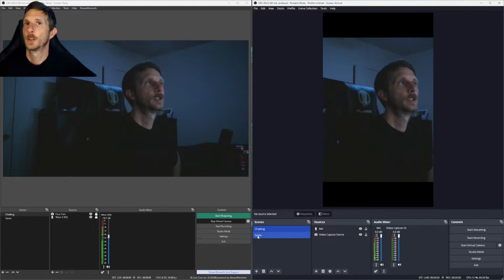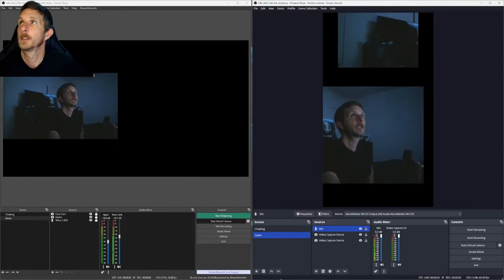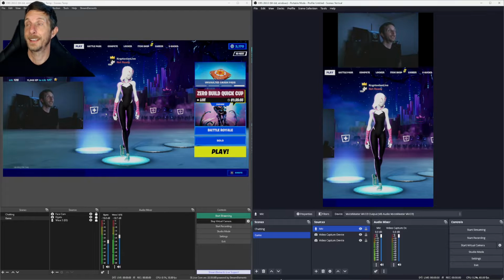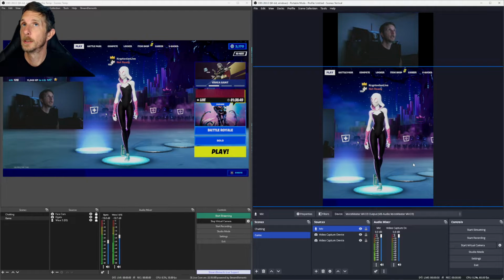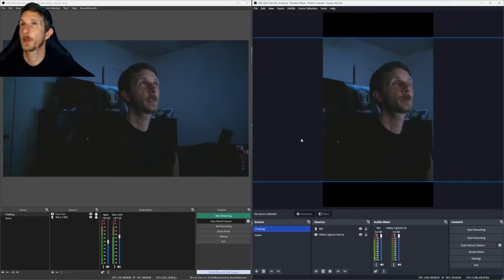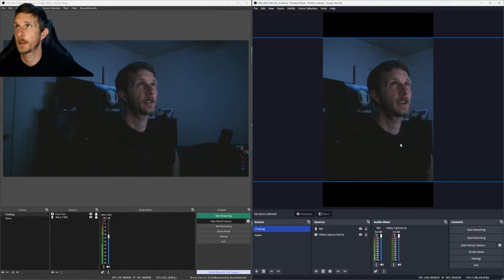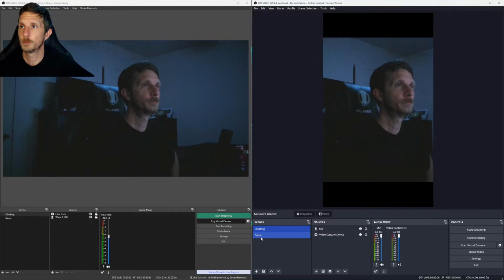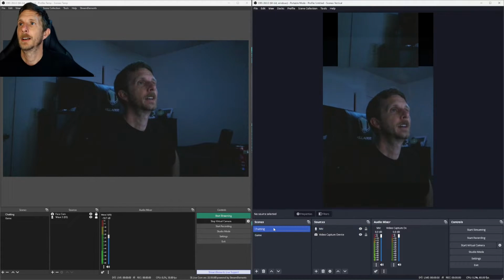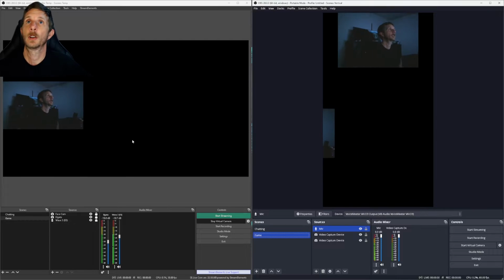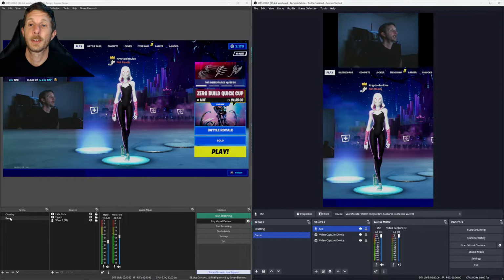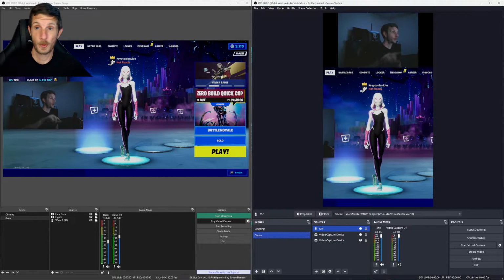Okay, so now we hit F7, both scenes switch together to our gameplay, and we hit F8, both scenes switch together to our chatting only. Now, in this scenario, I'm using a different webcam because to do this with 3 webcams,